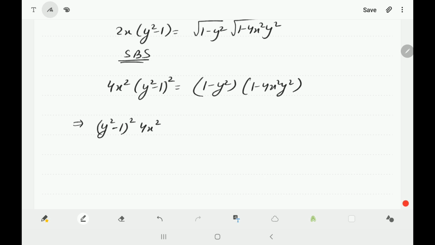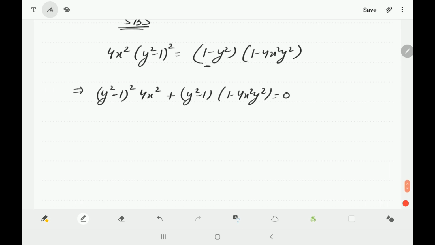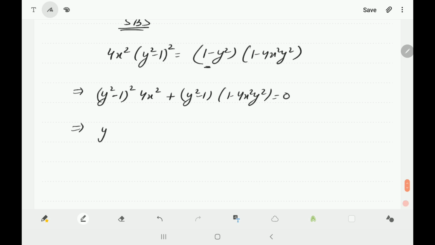Let's write one more step. So if you take this term, it will be with the negative sign, but if you take the negative common from this term also, so you will be left with y square minus 1, okay. You will be taking this term with the negative sign, okay. So negative of this term, you can take positive and negative inside, so it will become y square minus 1 times of 1 minus 4x square y square is equal to 0. I hope it is clear. Now you have y square minus 1 common, so you will be left with 4x square y square minus 4x square plus 1 minus 4x square y square. So this is equal to 0.